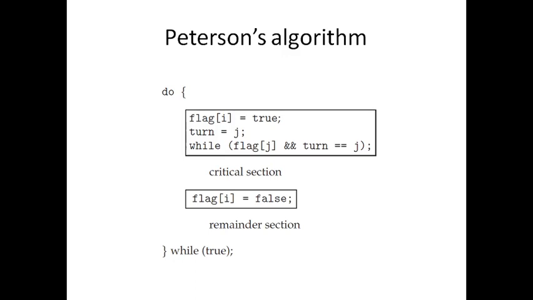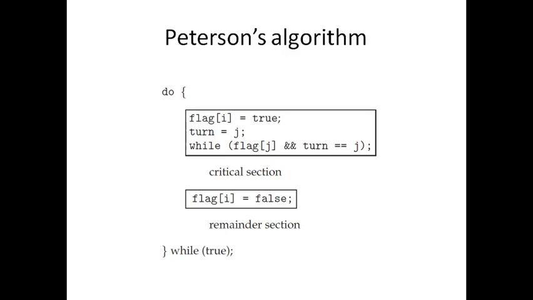Why is this done? If they change the turn to themselves, mutual exclusion itself will fail. I leave it to your self-analysis. Just check what happens when you change the turn to their own ID, that is, the ith process sets turn = i, and the jth process sets turn = j. You can find out the flaw in that, why it could lead to failure of mutual exclusion. But as of now, this is the way it works.